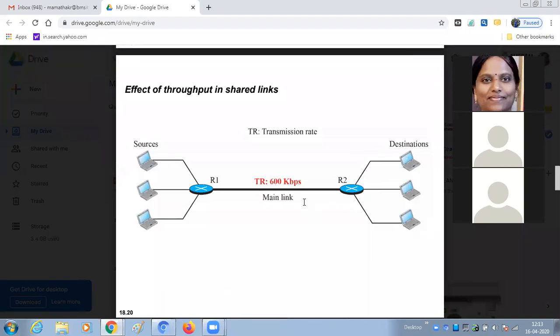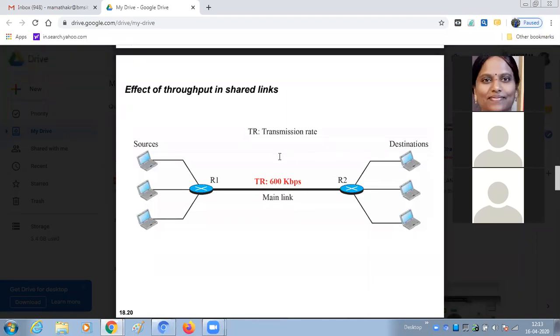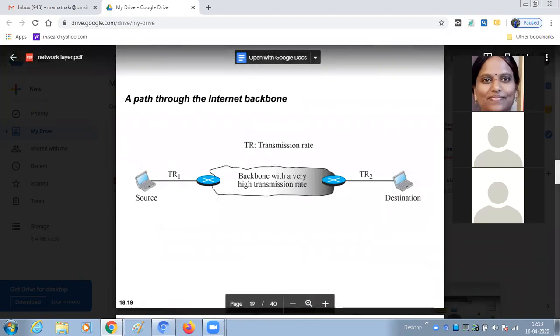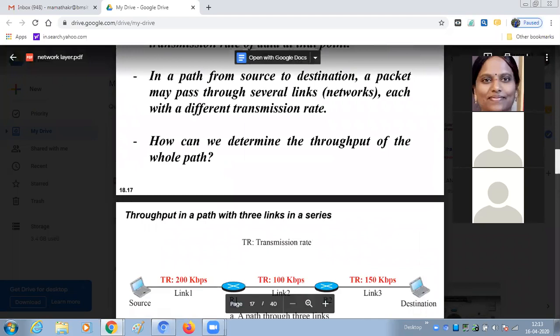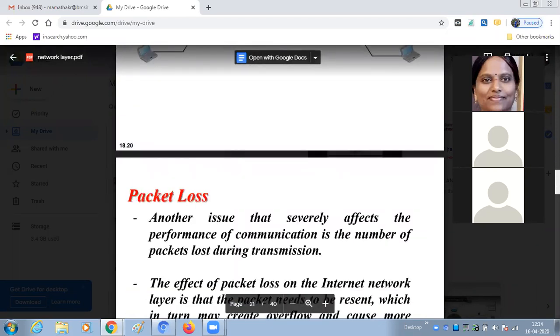So like this, the throughput is a very important criterion which will define the network layer performance. This performance is decided by the throughput. Is it clear now? Because the network layer can have different types of networks, and the links can have different speeds and transmission rates, the throughput will be decided by the minimum.